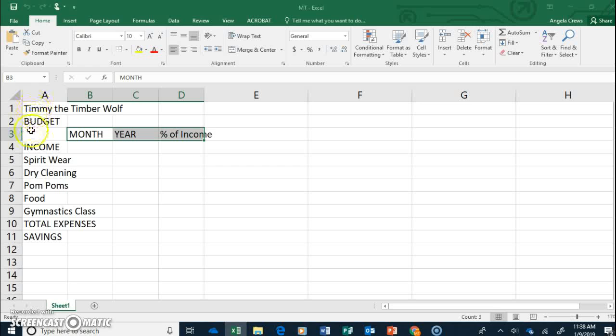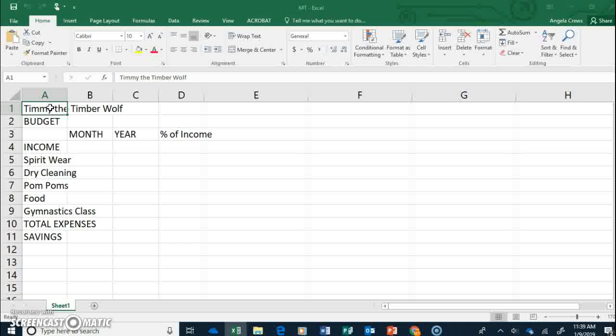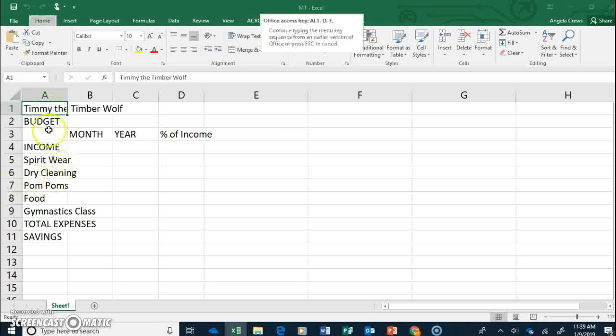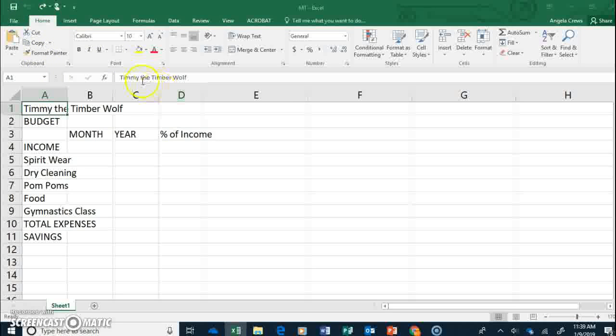Remember, Excel is made up of columns, and each column is identified by a letter, and each row is identified by a number. So each cell has a letter-number combination. So we're going to click in cell A1, and Excel works in what we call overtype. So if I click in cell A1 and type something, then the original goes away. So to edit something, I'm going to click in cell A1 and then go up here to the